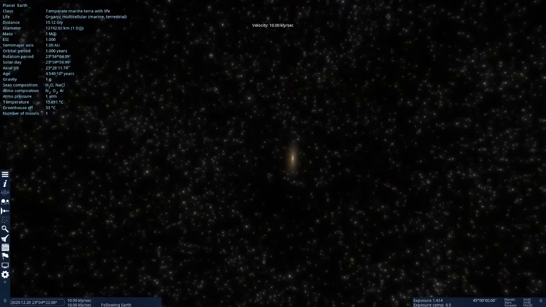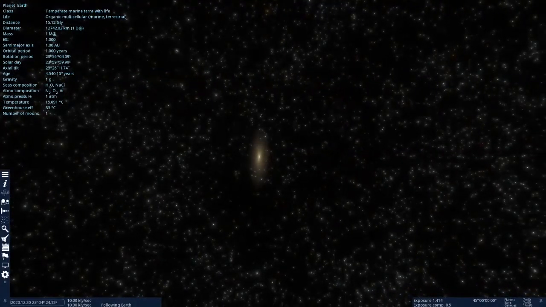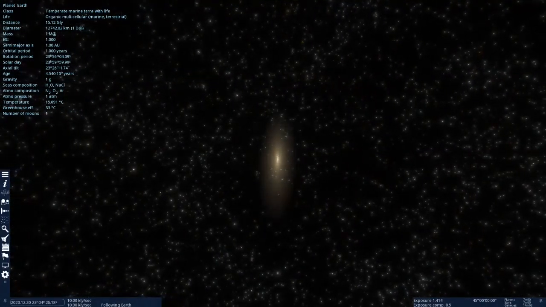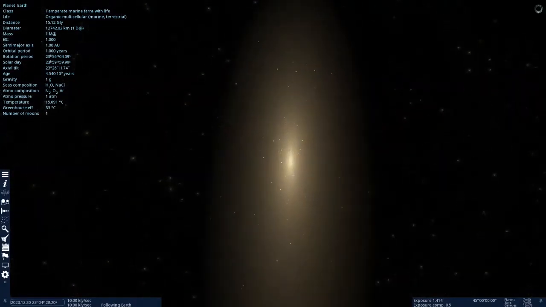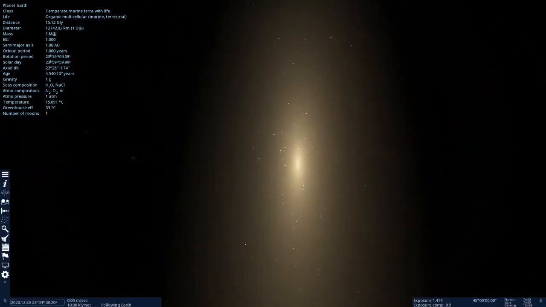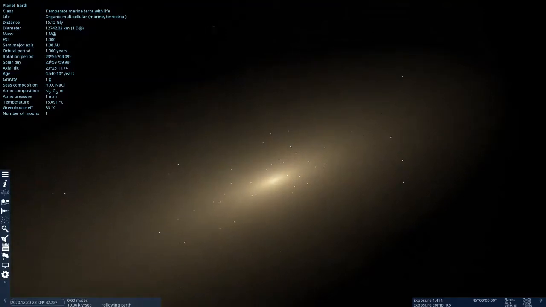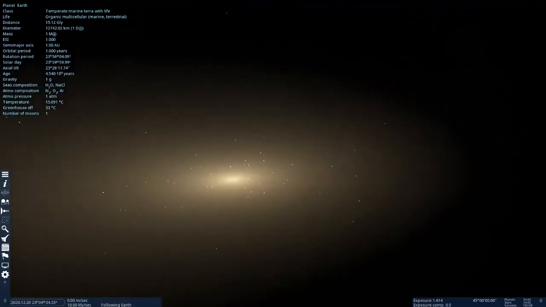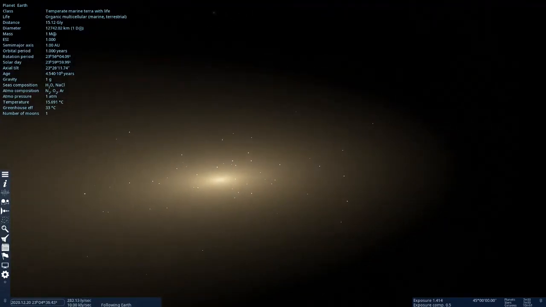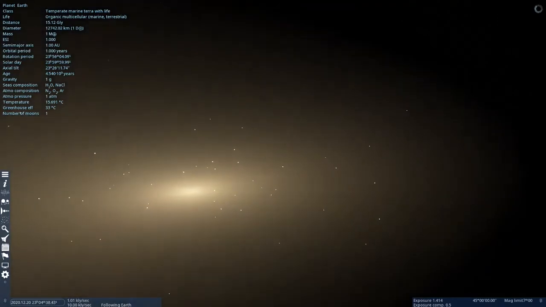And I just picked this one at random. Some random galaxy out in the middle of nowhere. Well, I was hoping it would be a spiral, but it turns out it's an elliptical. That's all right. It's a pretty big elliptical. I'm going to cruise into the outer edge of it here.